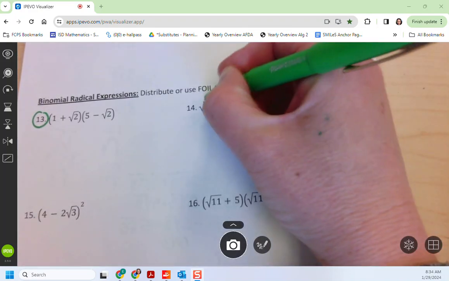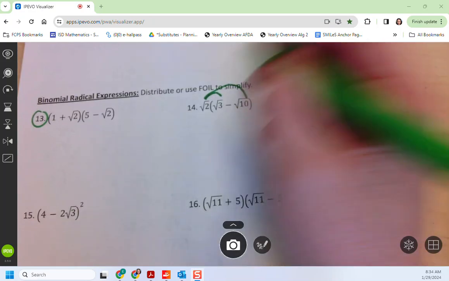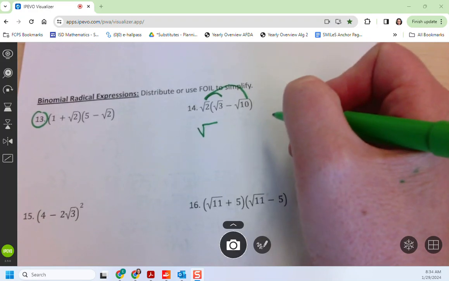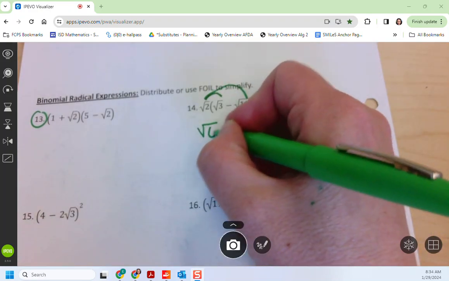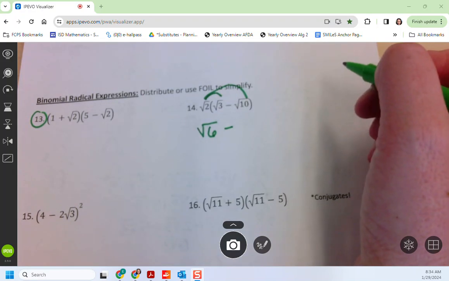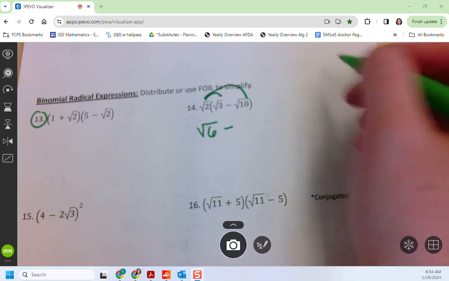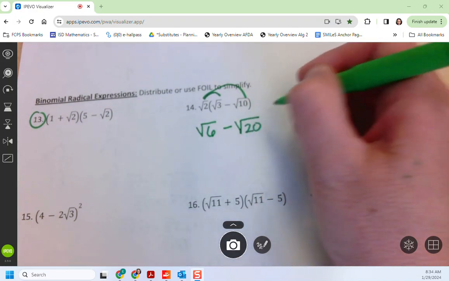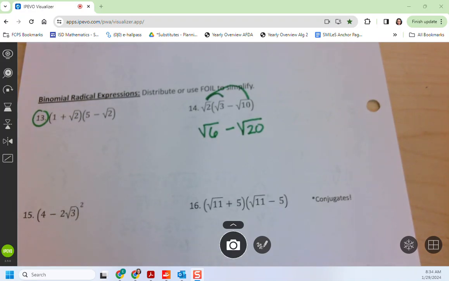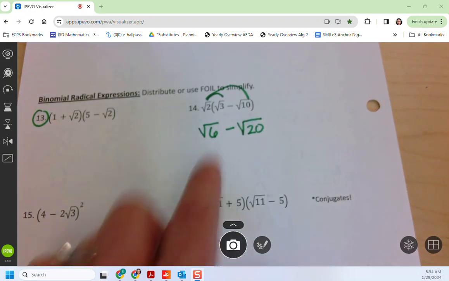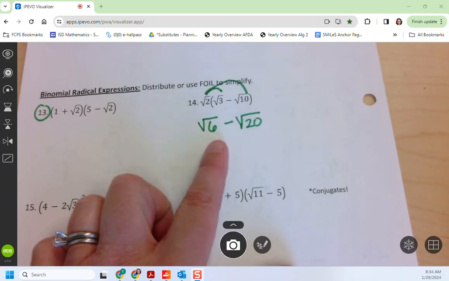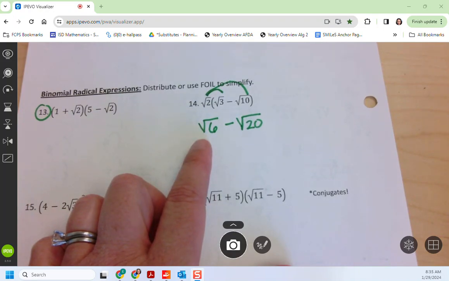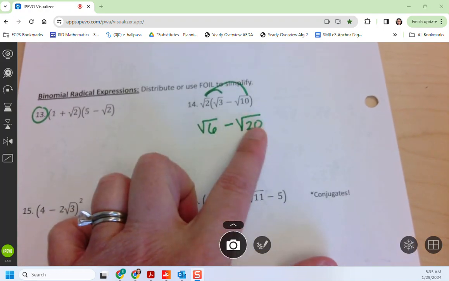So we're just going to multiply these together. They have the same index, so nothing fancy happens. You can just say root 2 times root 3 is root what? 6. Root 2 times root 10? Square root of what number, guys? 20. Okay. The factors of 6 are 2 times what? 3. And neither of those repeats, so this does not simplify, but I think that root 20 will simplify, so